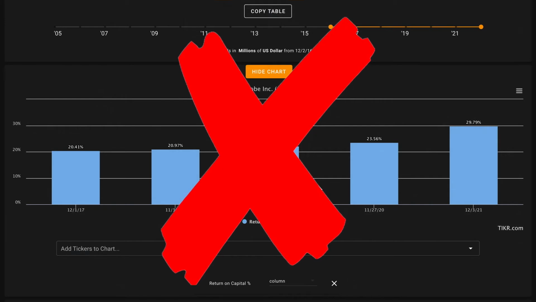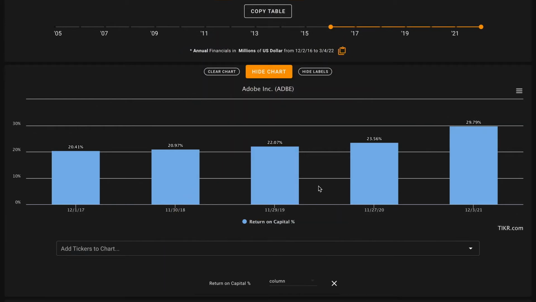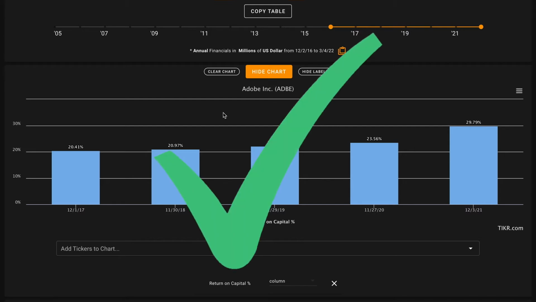Pillar number 2, we want Adobe's average 5-year return on capital to be above 9%. Adobe does really well here. They average a 5-year return on capital that's about 23%. Over long periods of time, a stock is going to perform as well as its underlying business performs, and the business's underlying returns are going to be their returns on capital. Basically, what kind of return is the business able to get on the money that they reinvest into the business? So that's a check on pillar number 2.